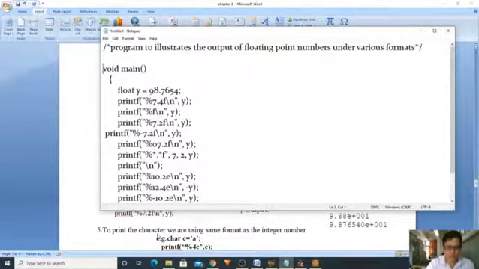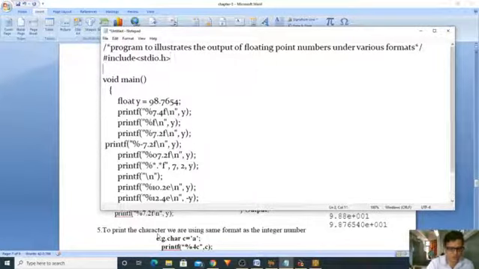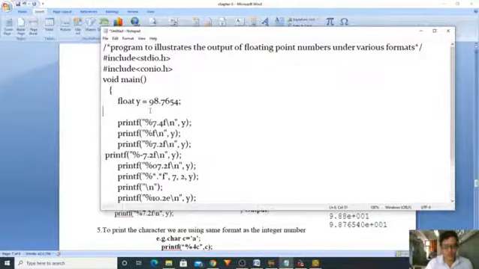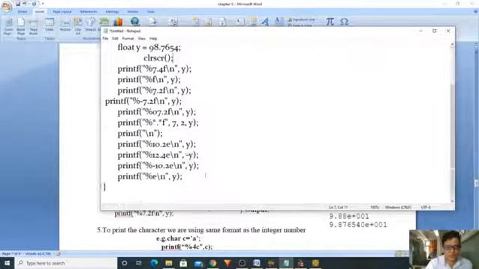Void main and #include <stdio.h>, #include <conio.h>, and after the declaration of variables, you have to do clrscr(). Afterwards, to see the output we have to use the getch function.